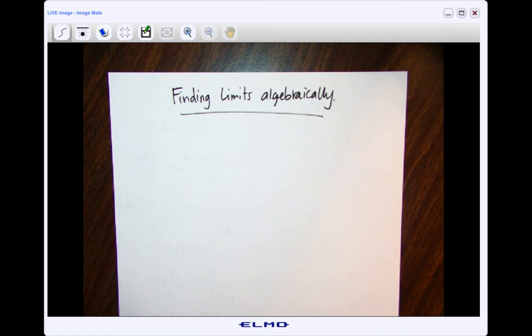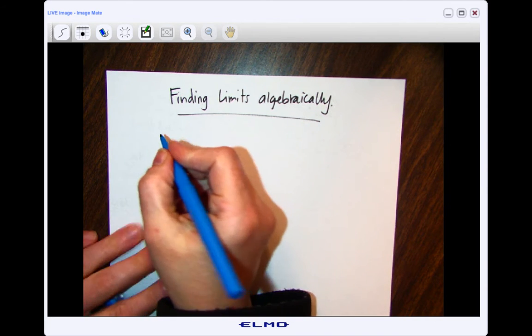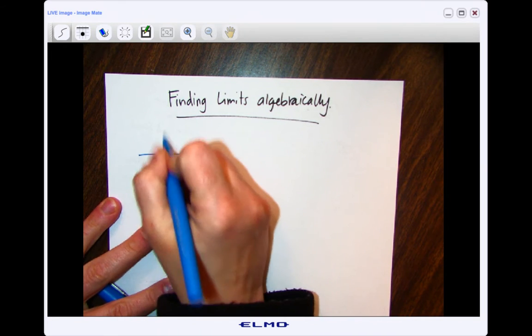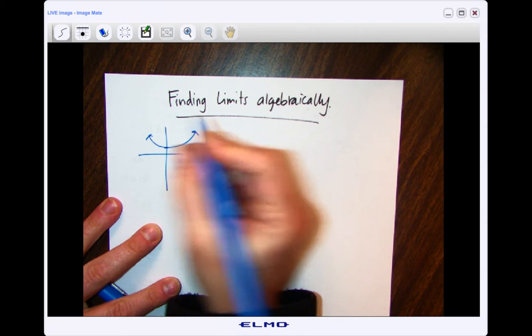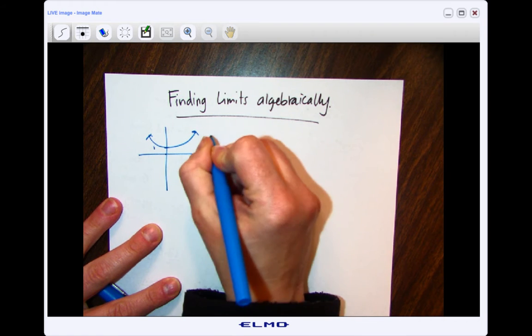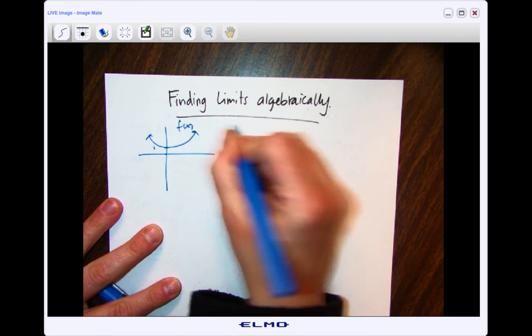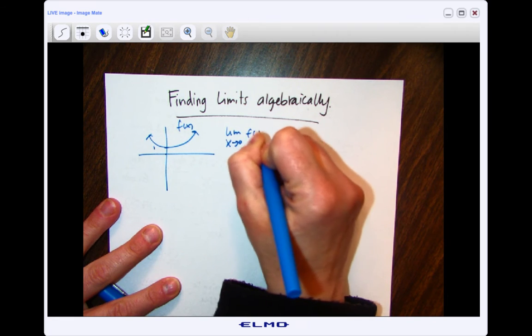Okay, so we're going to talk about how to find limits algebraically. We did a little discussion about limits when we were looking at graphs and seeing what a limit looks like on a graph. To sum up, if you remember, if we had a graph that was something like this, let's say this is 1, and this is f of x, if I were going to look for the limit as x approaches 0 of this function, well,